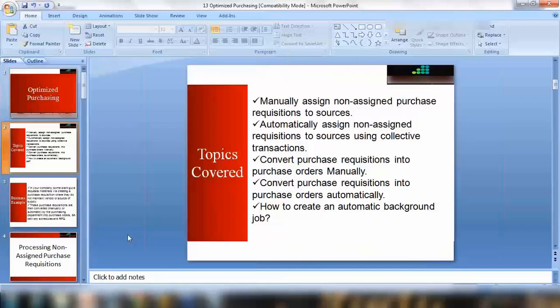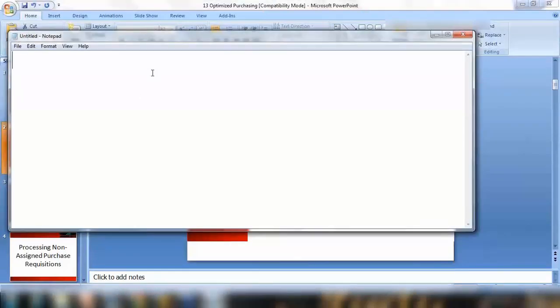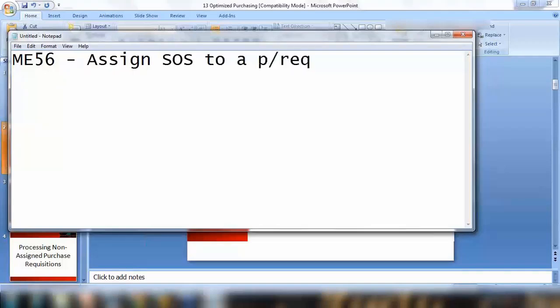So before we start, let me tell you what we're going to see here today. We're going to see four transactions basically in this topic. One will be ME56. This transaction we use to assign source of supply to a purchase requisition. So if a purchase requisition doesn't have any source of supply, then we will use this transaction to assign them. And then we'll see